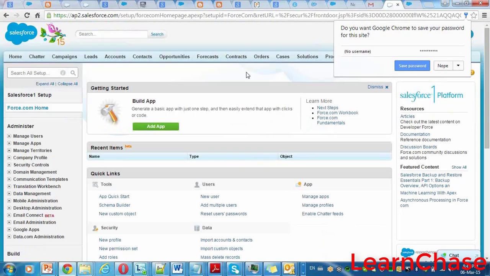What I'm trying to say here is there are two different environments that Salesforce provides. One is production, which means live. The other one is for development and testing purposes, which is called a sandbox. I will write here.